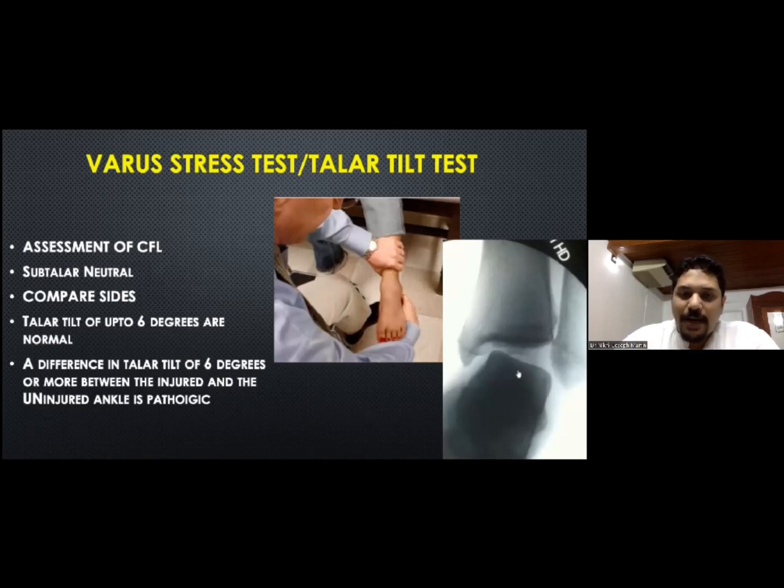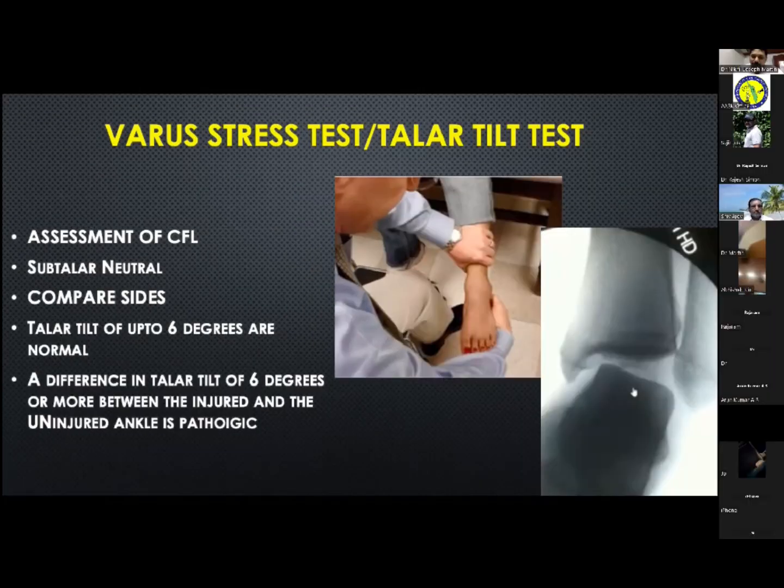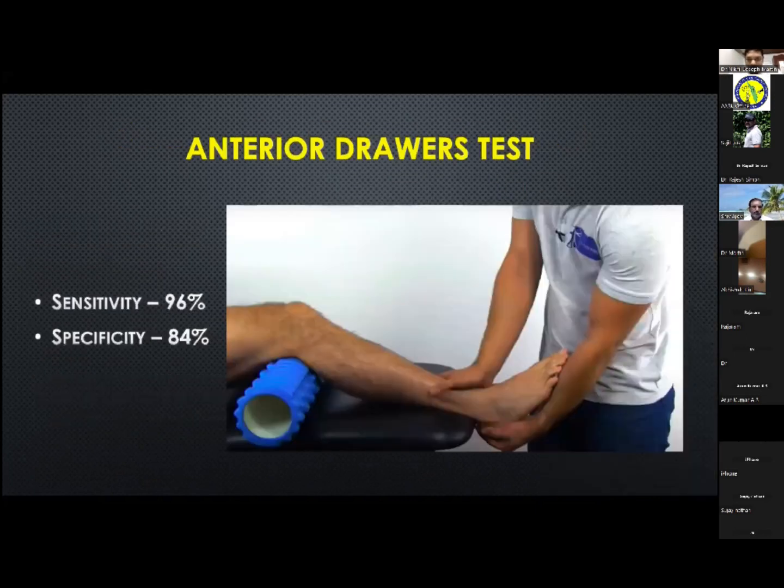Keeping the foot at 90 degrees, perpendicular to the talus, is usually where the CFL comes into action. So the same maneuver is repeated. On inversion, if there is pain, there is an injury to the CFL. On eversion, if there is pain, it is more of a deltoid ligament injury. In full dorsiflexion, with inversion and eversion, if the pain is replicated, it is more of a PTFL injury.